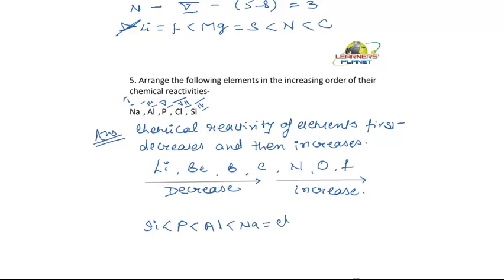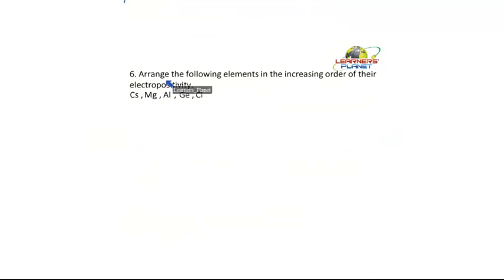Right? So the reactivity first decreases and then it increases. Sodium is more reactive than chlorine, so it should be chlorine and then sodium, right? So this is the way we can arrange. Now let's take up our next question here. Arrange the following elements in the increasing order of their